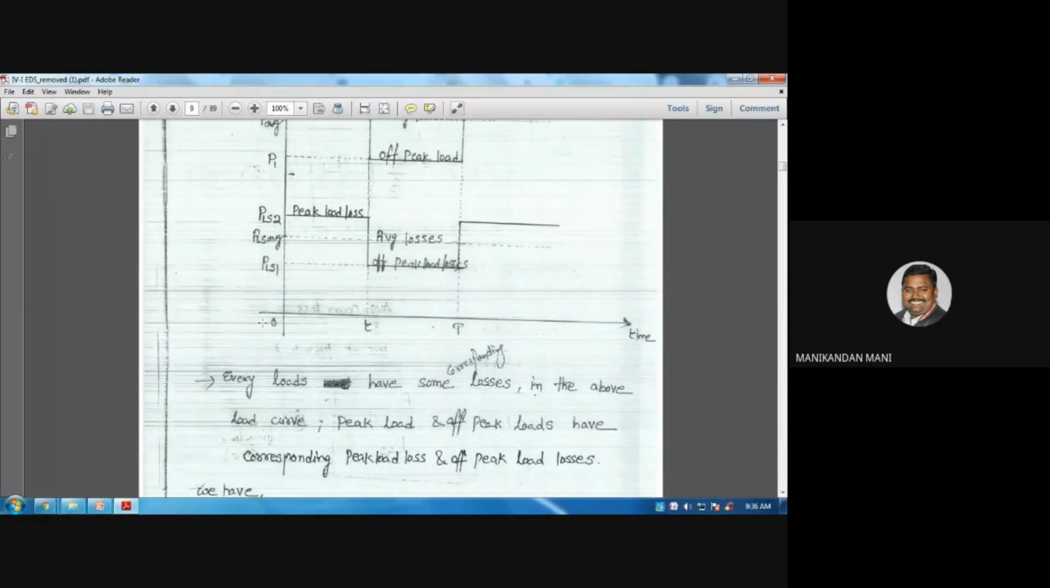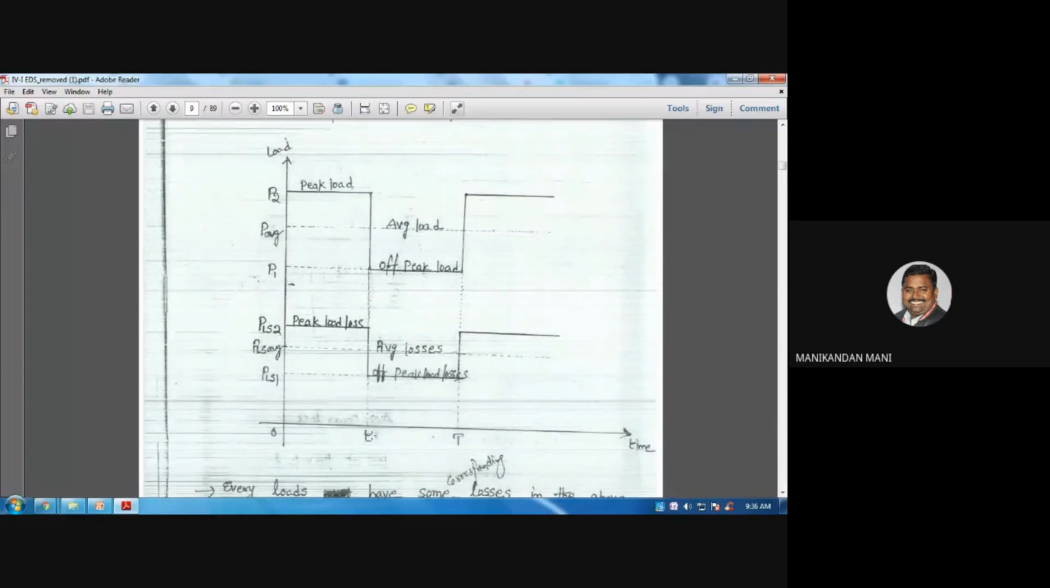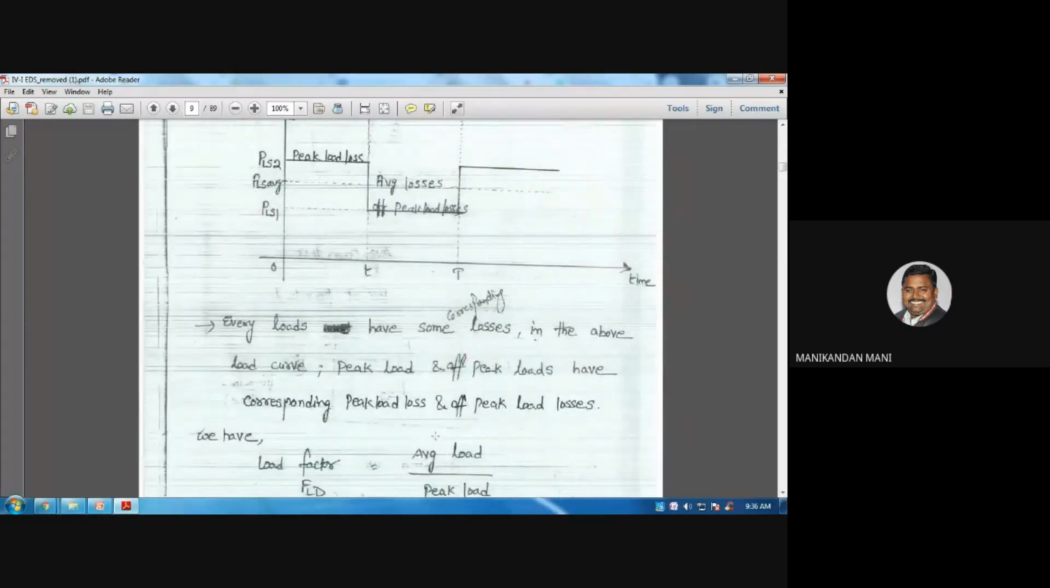So the capital T is the total time period, the total time taken by the load, or the total time taken by the losses. Right. So small t, which is nothing but 0 to small t, is the on time, and small t to capital T is the off time period. Okay. Right. Now